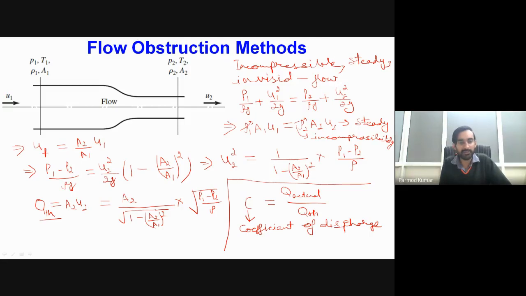Okay, and over here you can see that the theoretical value of the flow rate depends upon the geometrical parameters A2 and A1, the differential pressure P1 minus P2, and also the density of the fluid medium. If we have incompressible flow, obviously we consider the density as constant. So if we know the measurements of the pressure, by just knowing the value of the pressure, we can determine the value of the flow.